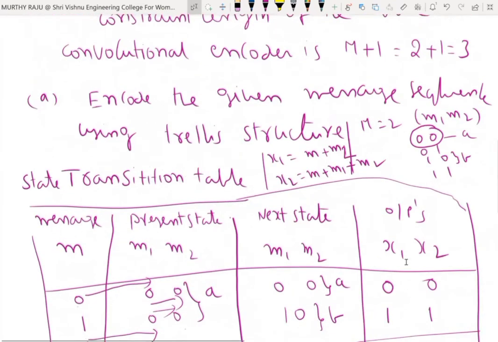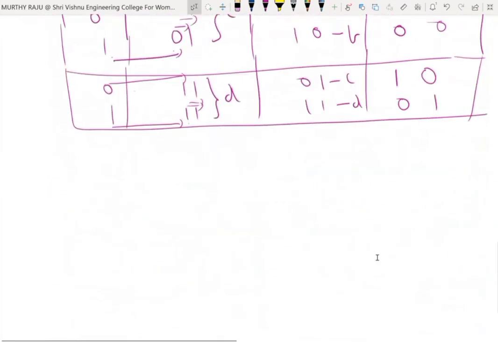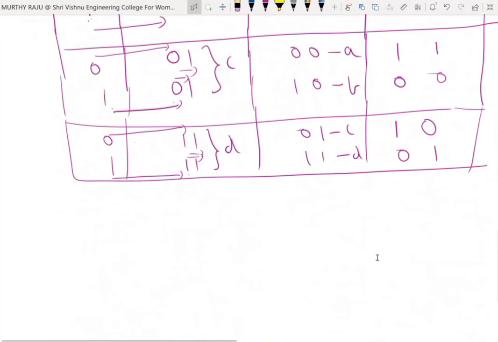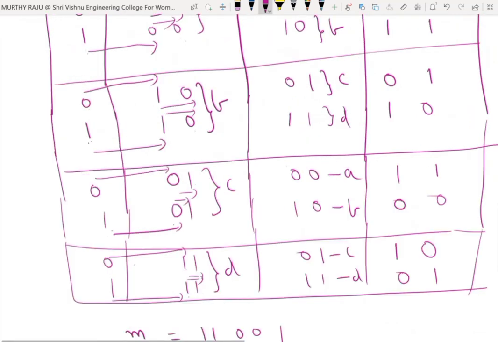These are the 4 states. One is A, this one is C, B, and D, because 2 previous successive bits are M1 and M2. That means M is equal to 2. Decides the states of the convolutional encoder. Next step is, here the given message value is M is equal to 1, 1, 0, 0, 1. By using this diagram,